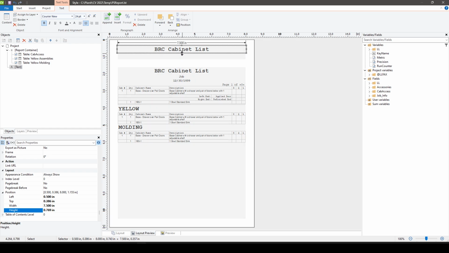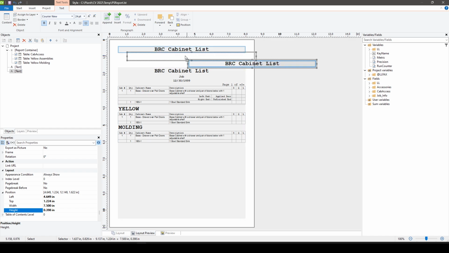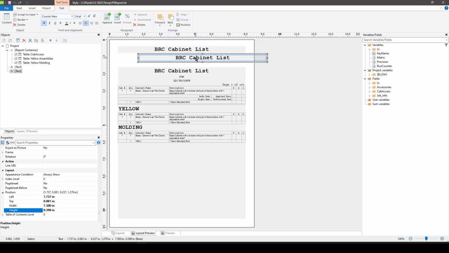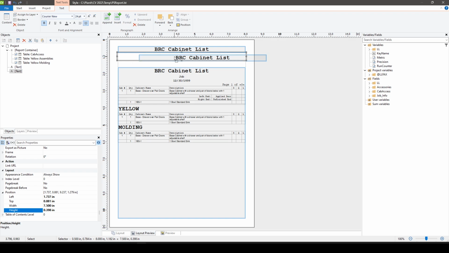Right. So then just kind of size this so that it's a little smaller, and then you can copy it, Control C, and paste it. And then again, just try to get it all lined up. If you saw, once you move it into the right location and you're adjacent to an object, the other object sort of highlights. So the text above is highlighting blue around the edges, and then as I slide over and it wants to sort of snap into place, you see the report container below highlight as well. So at that point,